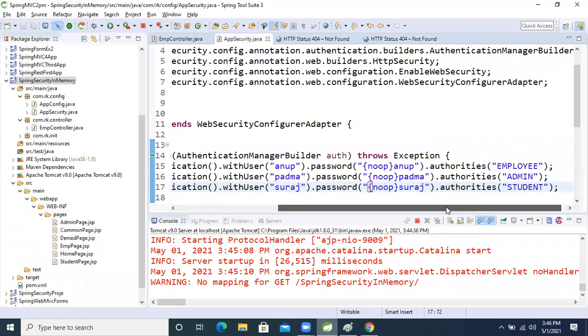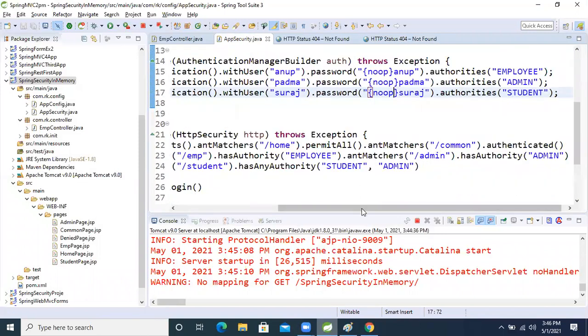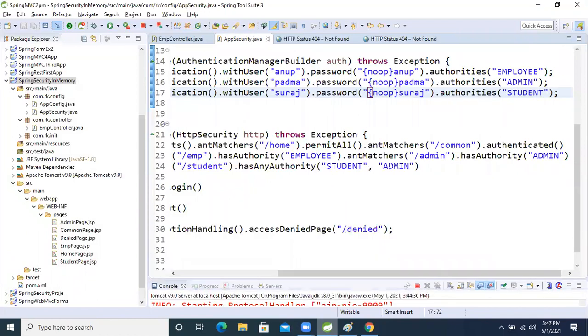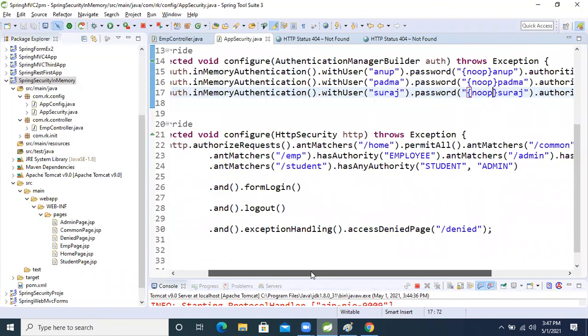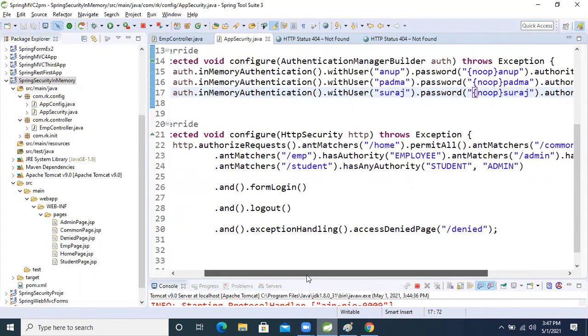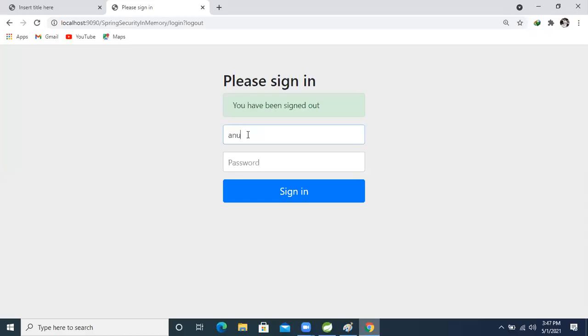Anup has the employee authority, and he can access only the employee page, as well as the common page and the home page, right? Now come here. Anup, and here Anup. Now click on sign in.